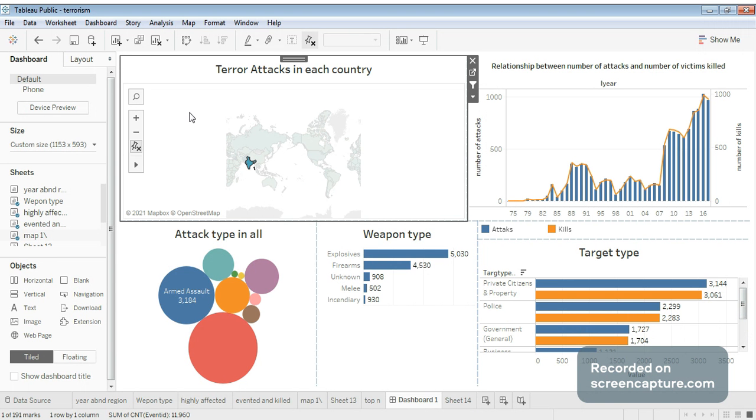you see that India has been facing a lot of terror attacks. Indian terror attacks started in the year 79, and there's a flat line till 82. From 82 to 95, there were a lot of attacks faced by India, and the graph was constant till 2007. From 2007 there's been a huge spike till 2013, and the spike keeps going up and up till 16. The data which I have is from 1970 to 2017.